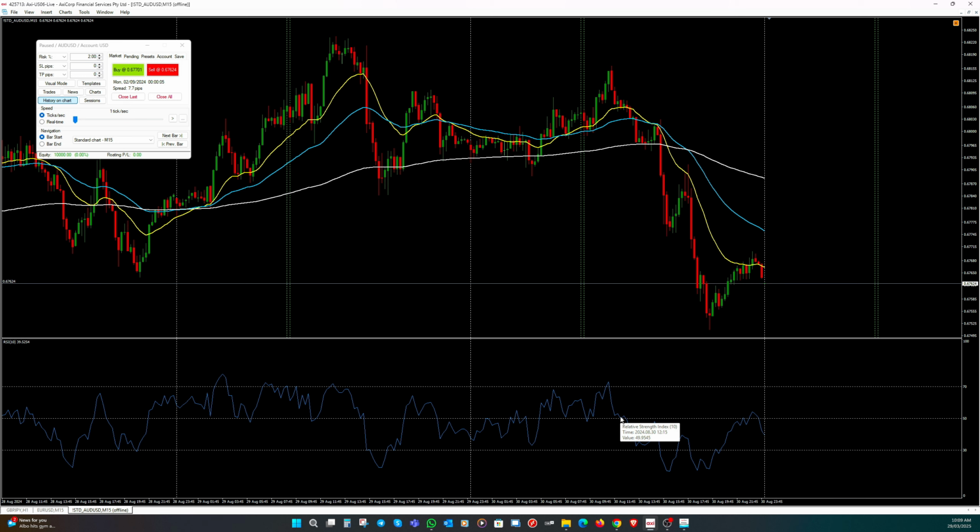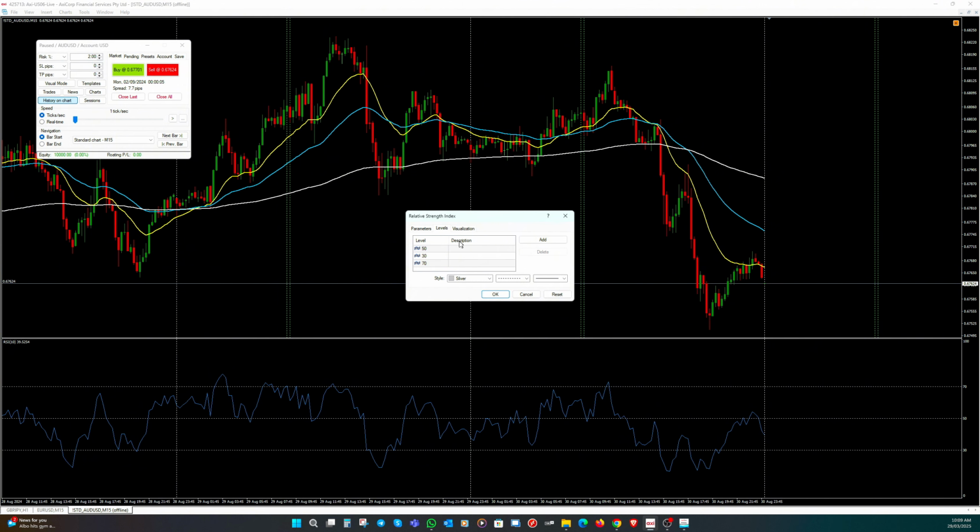For the RSI indicator, I'm using a period of 10, with 3 levels on it: 50, 30 and 70. The standard setting on RSI is usually 14 period, but on the smaller time frame